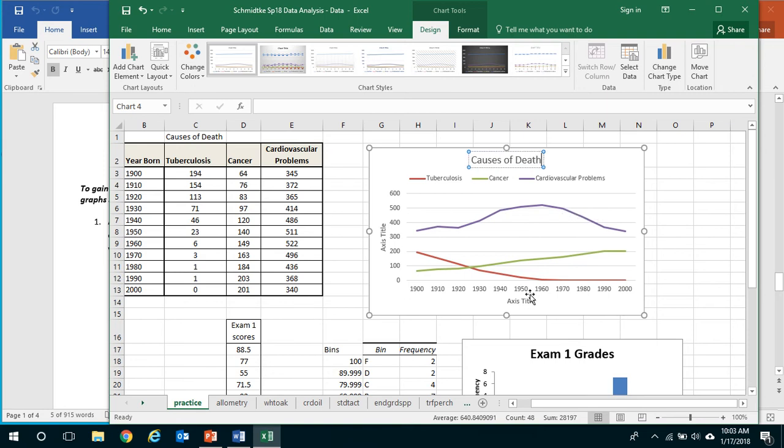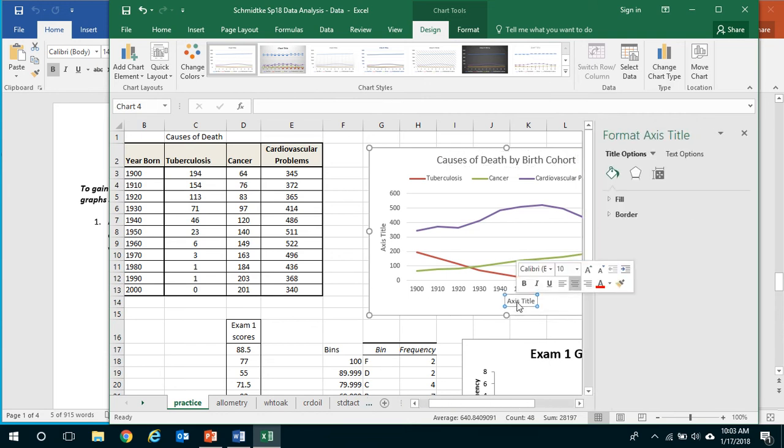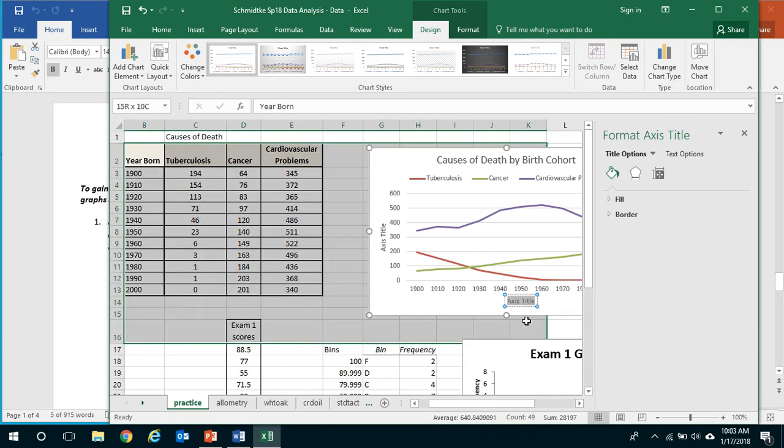Based on birth cohort, by birth cohort. And what that means is everybody that was born in the same year. Cohort is a group of individuals. If we look at the axis title, what is that actually? You probably already know by now that that is the year that they were born. So we can say birth